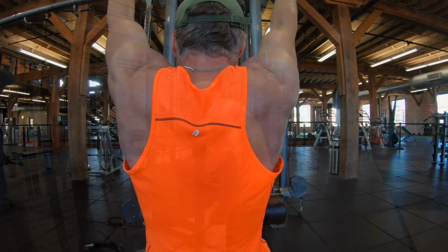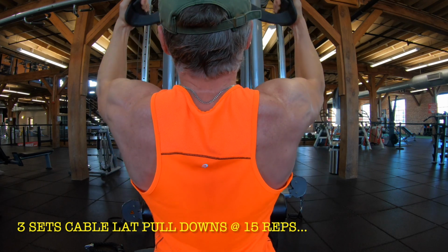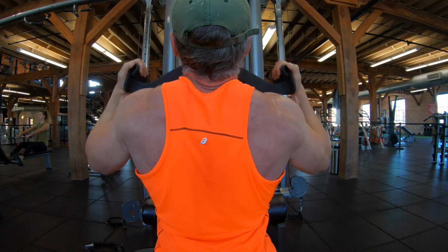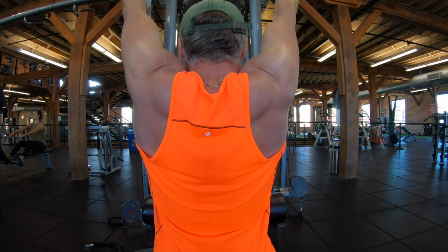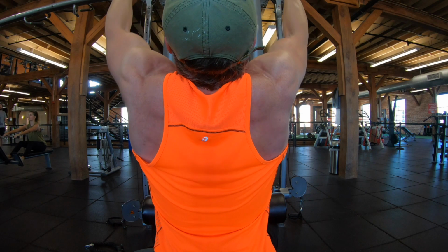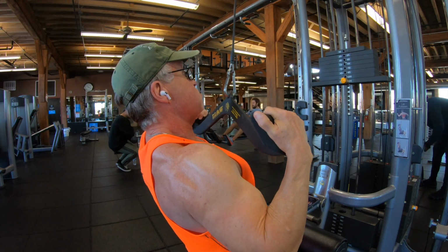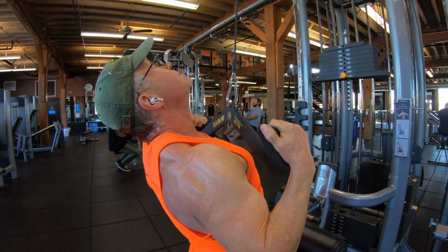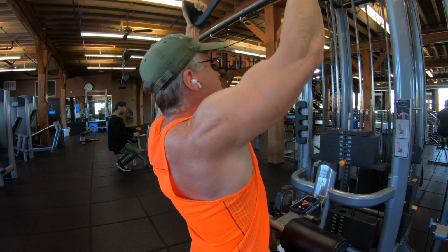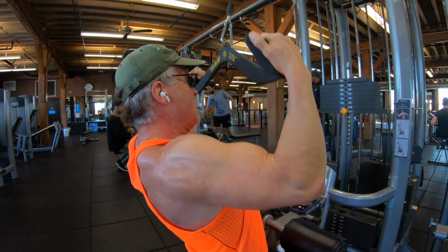3 sets of shrugs. And I finished up today with 3 sets of cable lat pull downs at 15 reps. And here I use this mid-width, shoulder width bar that I forget what we call that thing. That's a pretty cool mechanism right there. Forget what it's called. But I did 3 sets of 15 reps with that. And on these 3 sets, I really accentuated the contraction at the bottom, and I could feel it. This was a nice way to finish up the back day too, because I absolutely love this movement. It just feels good to me, and it hits exactly where I want it to,